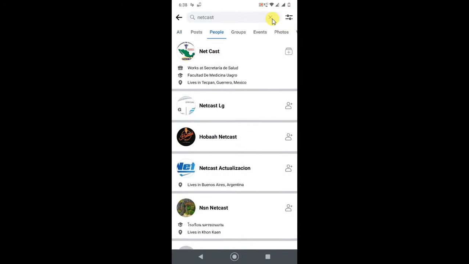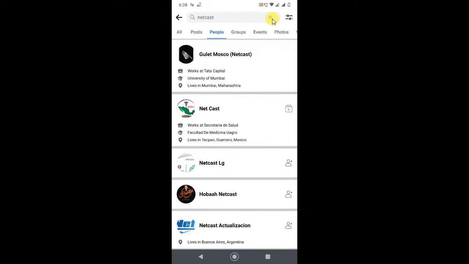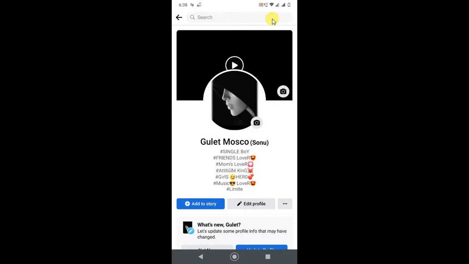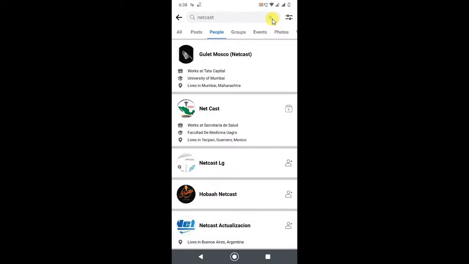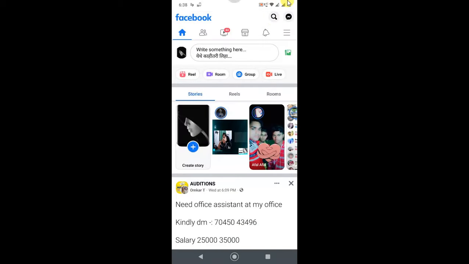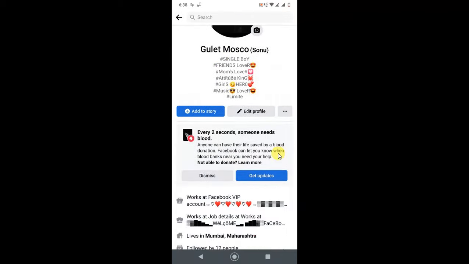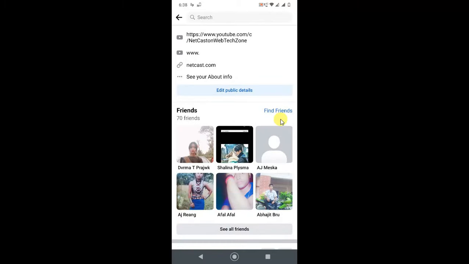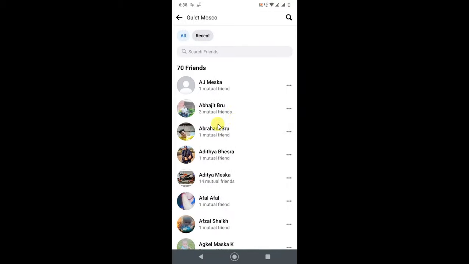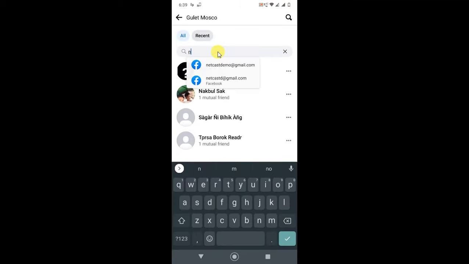So I got one person here which is Netcast. Okay, so this is my page only. So let me search friends, or you can directly go to the contacts. Okay, go to the contacts here, click on your name, and you can find your friends, see all friends. Now you can search the name here, your friend. Okay, if you want to